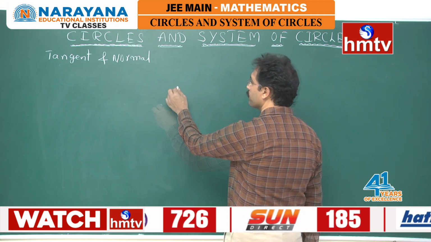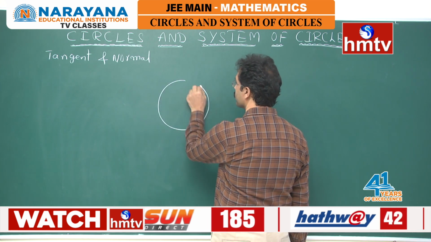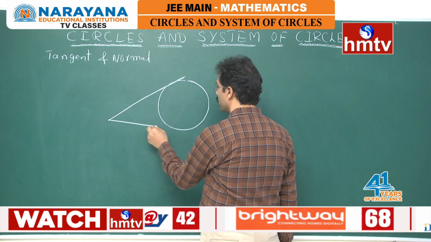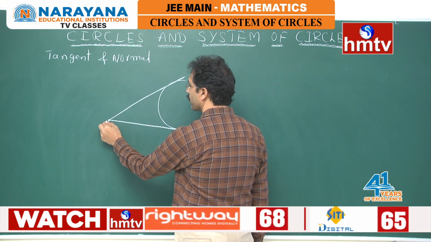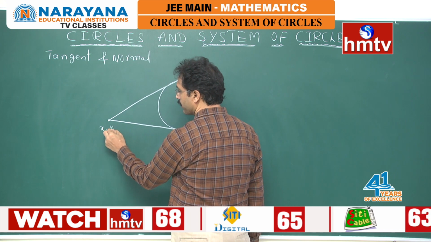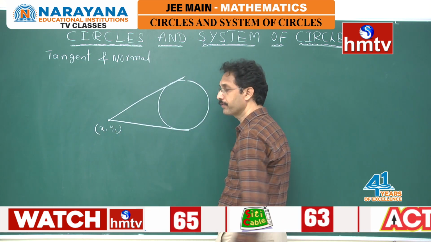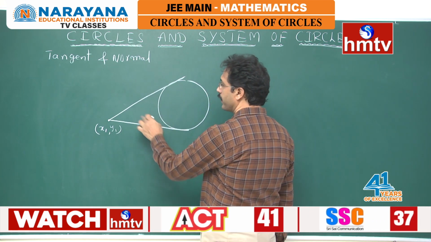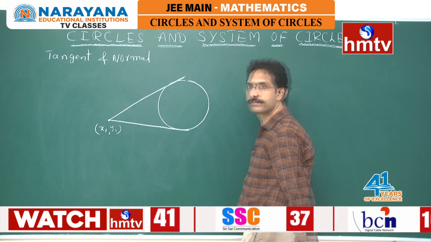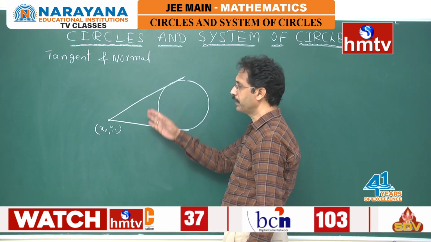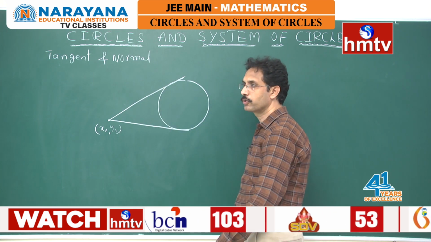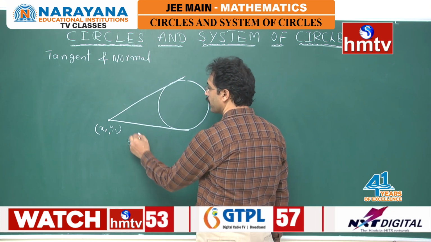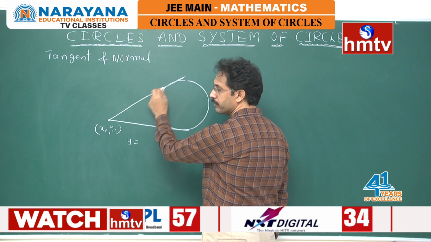Here see, suppose the tangent is drawn from an external point to the circle. Then already I said we can draw two tangents. If the point of intersection of tangents is x1, y1, that means tangents are drawn from x1, y1. Then to find the equations of the tangents and the angle between tangents, we always go through the slopes format.